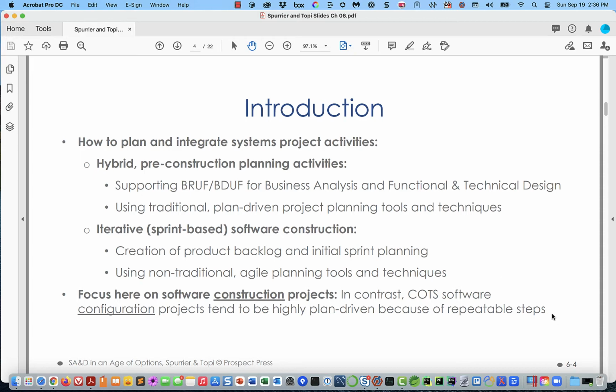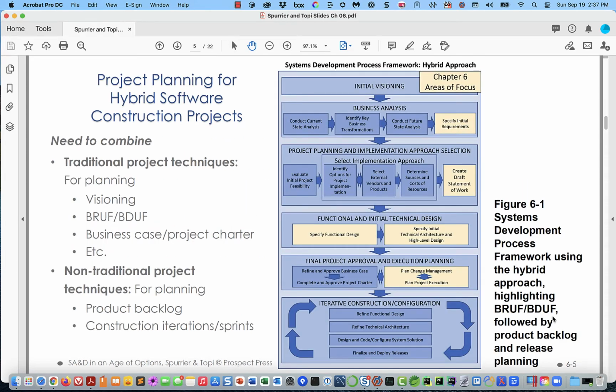One interesting point that they make here is that they really think that if you're going to buy some kind of a software package, which they refer to in true kind of academic terms as a COTS software configuration project, well, then you can probably take a really traditional plan-driven approach to that, and they have a whole chapter for that in chapter 7, which in the current semester we're not going to cover. Okay,